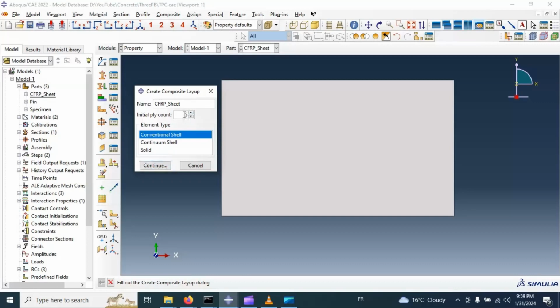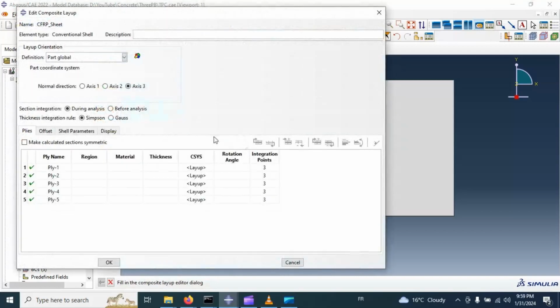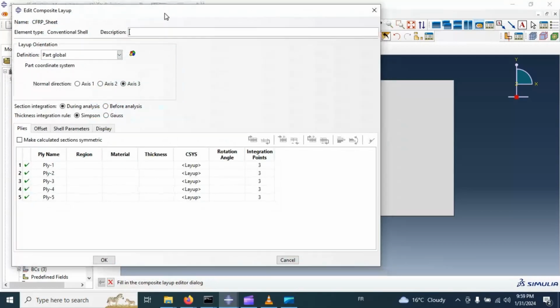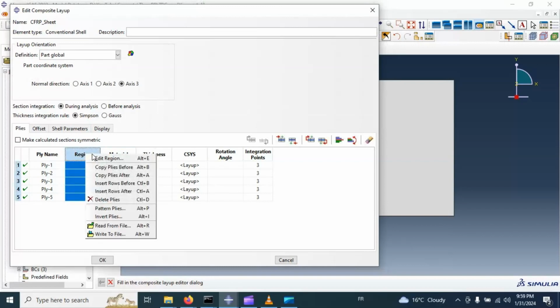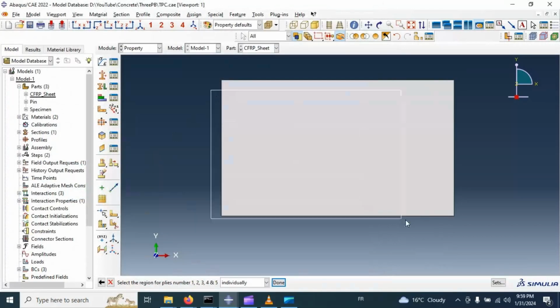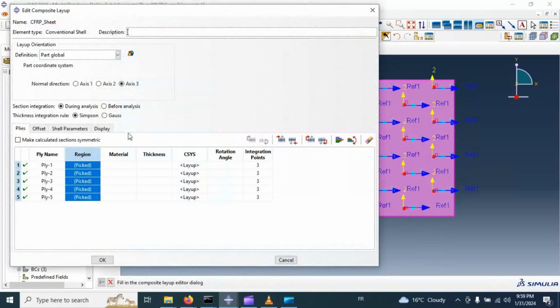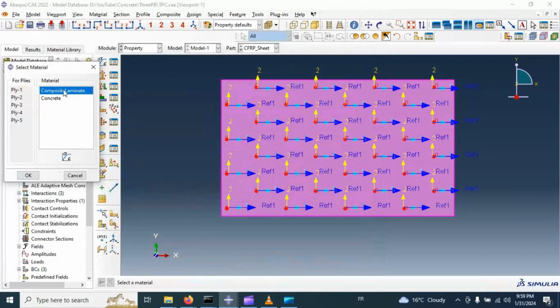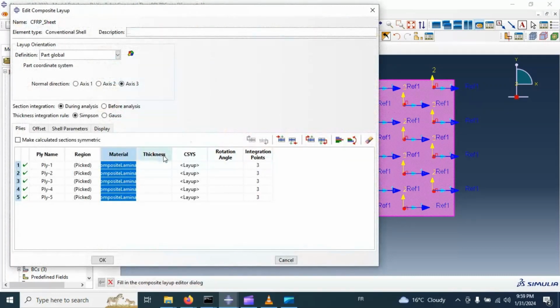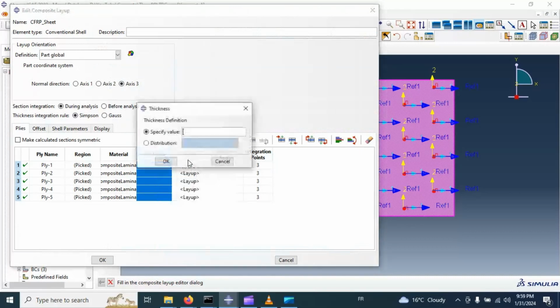We have 5 layers, for example, conventional shell, continue, and now we have this table. Let's select the region of our composite sheet, edit region, select this part, click done, and material, edit material, select composite laminate, click OK. Thickness of each layer 0.25, for example, or 0.2,